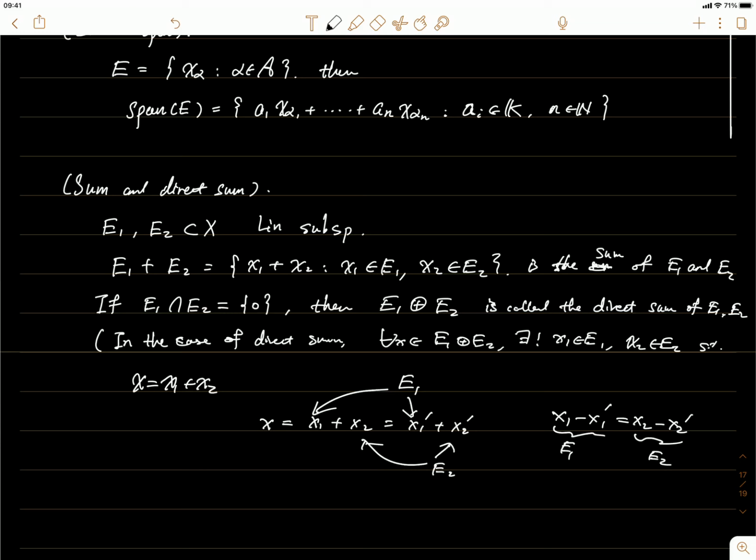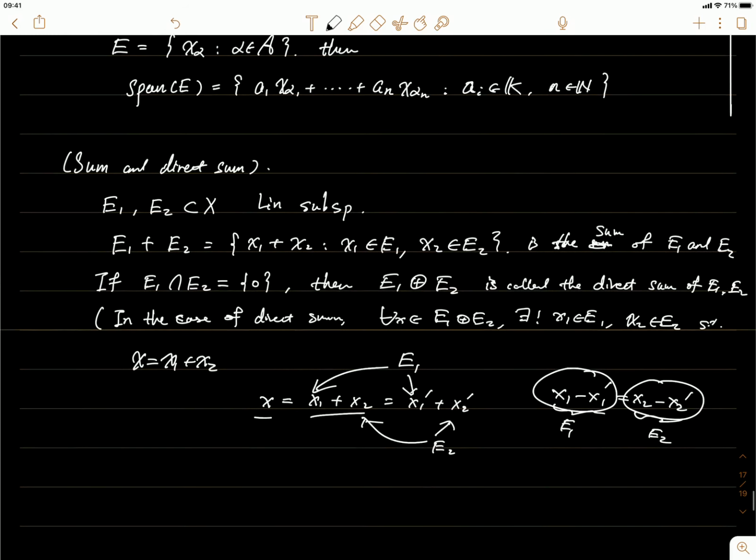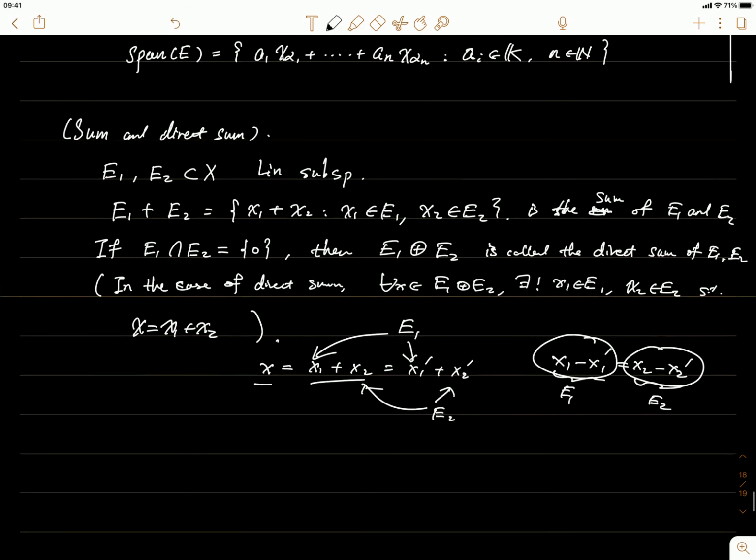Okay, so that means this element is equal to this element, and they're in the intersection of the two. But the intersection of the two is 0. So that means both of them are equal to 0. And that means x1 is just x1 prime. They're identical, and x2 is identical to x2 prime. So there is only one way to write x in this decomposition. Okay, so that's the direct sum. Okay, so these are some properties or definitions